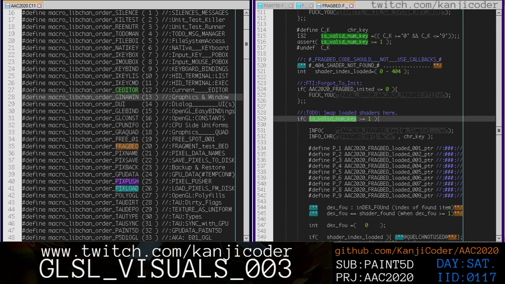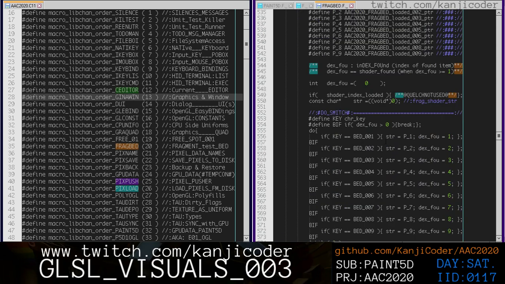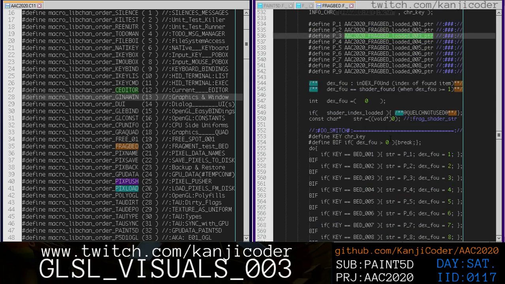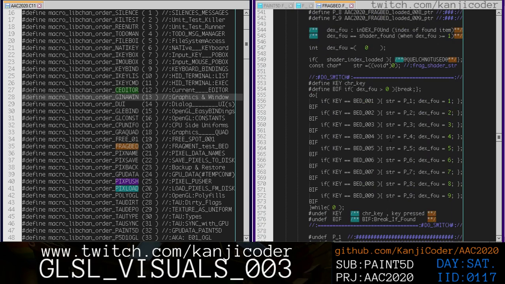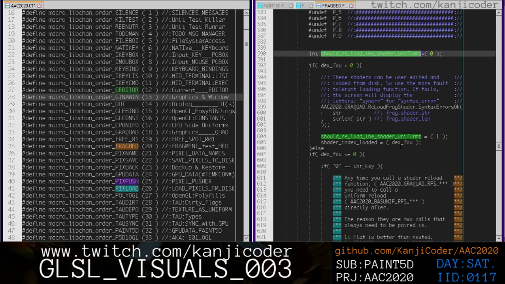So we see if it's a valid number key. And we have these different things here. So we figure out what key it is, and then should reload uniforms equals 0. And if the index is found, okay,